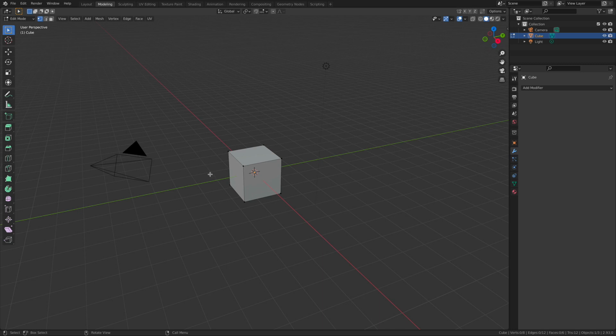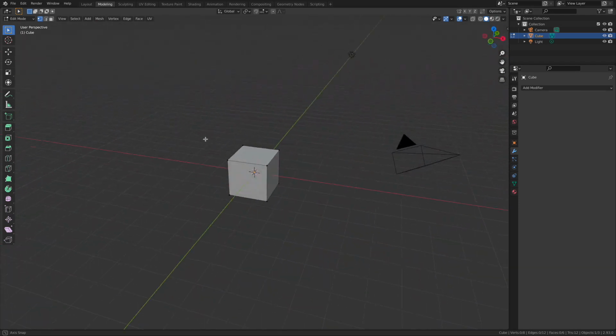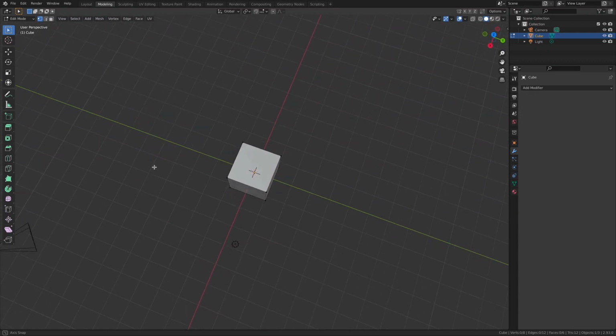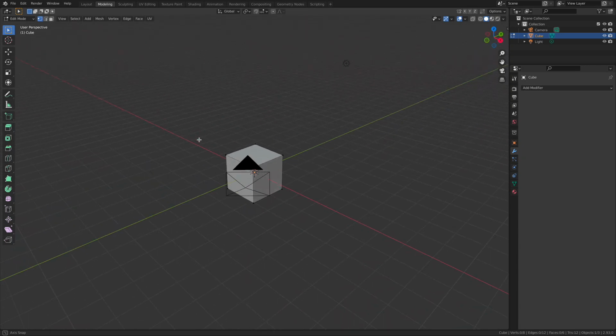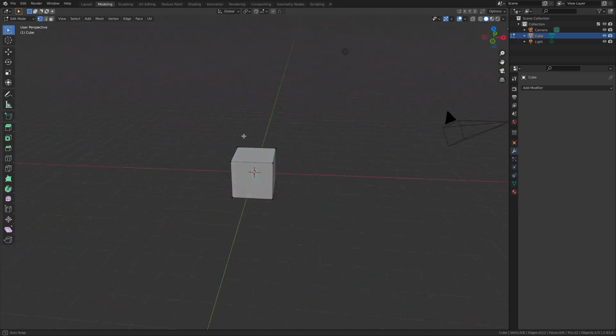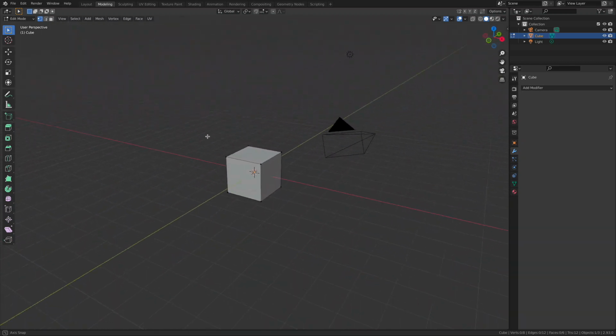So how do we work inside of Blender? How do we orbit and pan and zoom around inside of this interface? Well, Blender requires a 3-button mouse, and specifically that middle mouse button is going to be the toggle for our orbit. So if I hold down the middle mouse button and then move my mouse, you can see that I'm performing an orbit. The cube is staying where it originally resides in the scene itself, and we, like an astronaut floating around a space station, can orbit around and look at this cube from any number of angles.